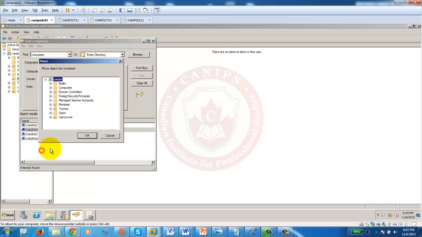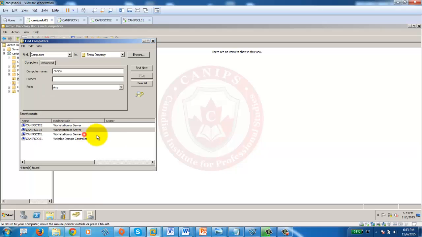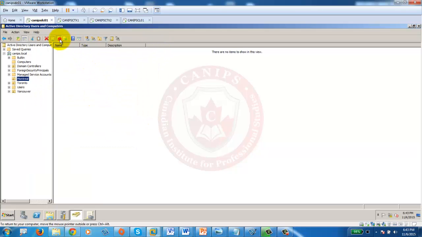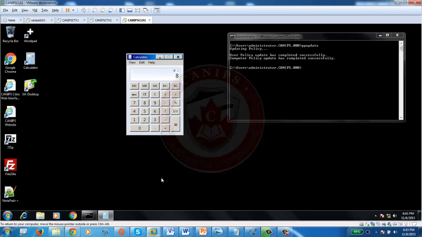I'll right click on this and say move, and I'm going to move it to Montreal. So now if I go into Montreal and refresh, I can see this machine is now in Montreal. I have a policy set up for this. All I need to do is